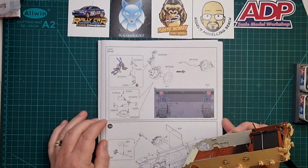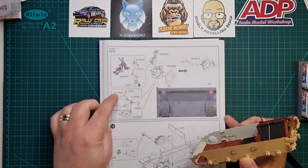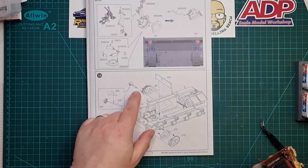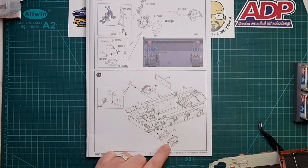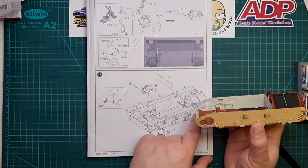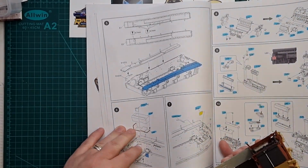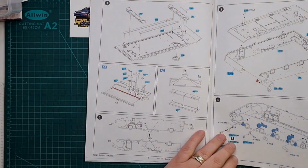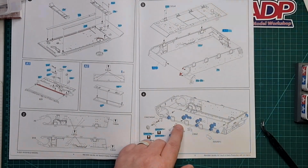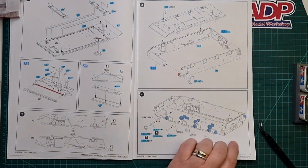So next step will be building the two brakes that go on either side of the front, and then we place the brakes and part of the front drive, and with these in place I will also add this, and I'll go back and add at least the pins for the return rollers, and I will prime everything and then paint it in the Dunkelgelb, and then I will continue with the